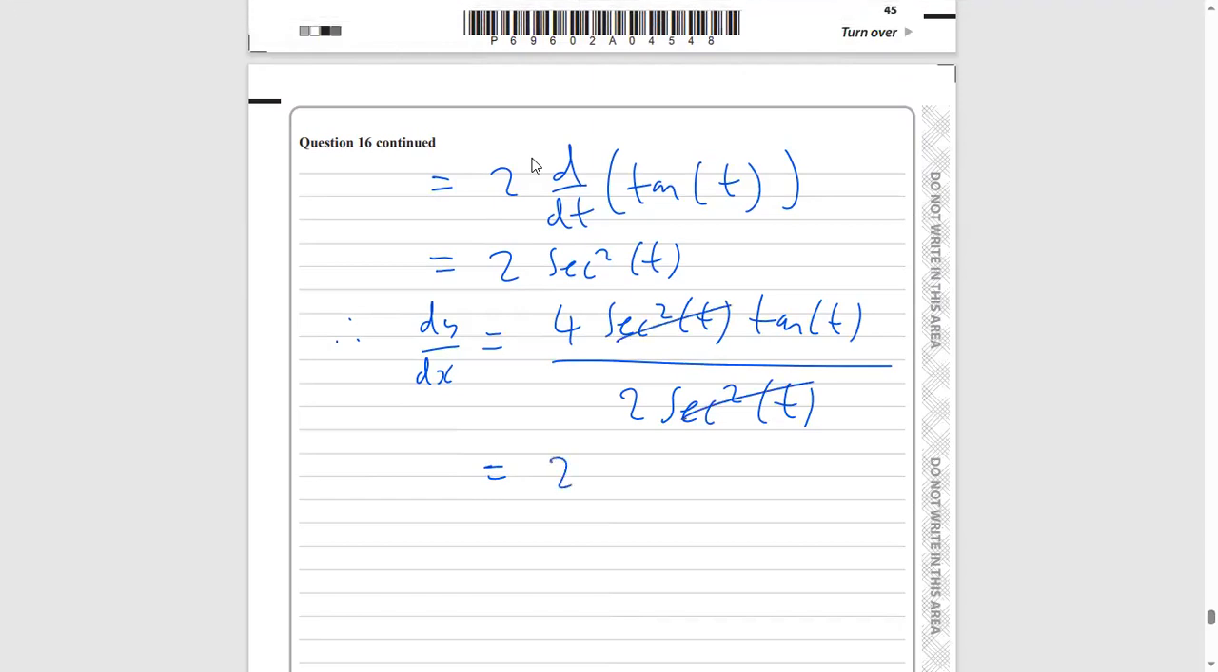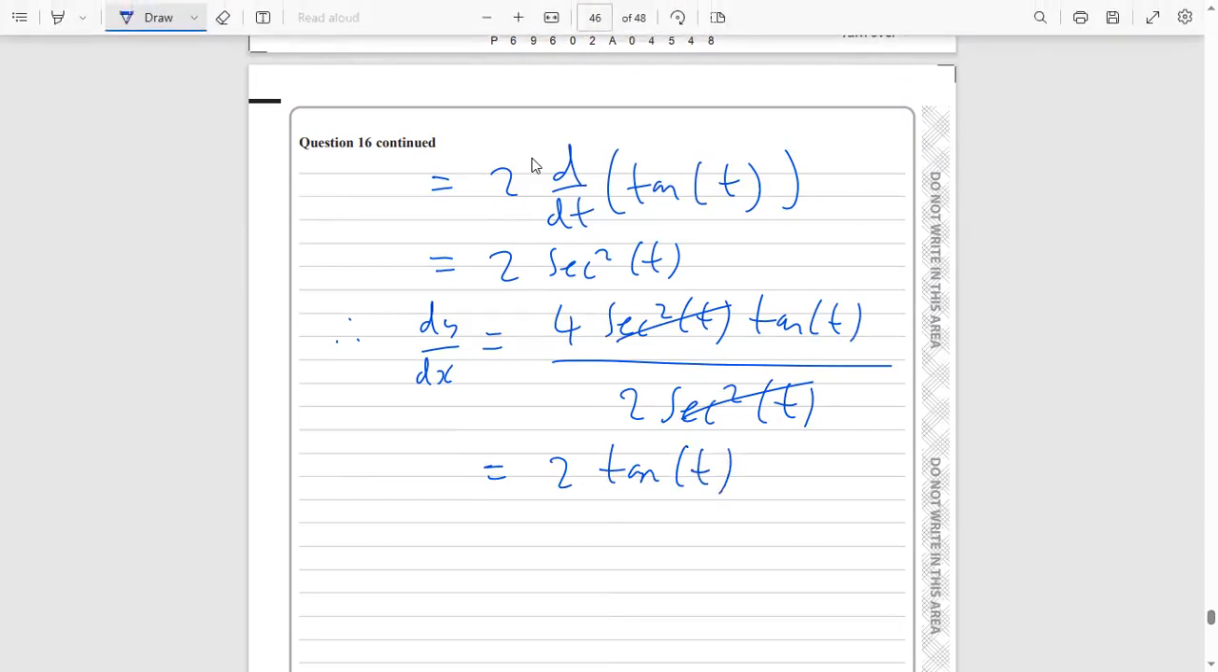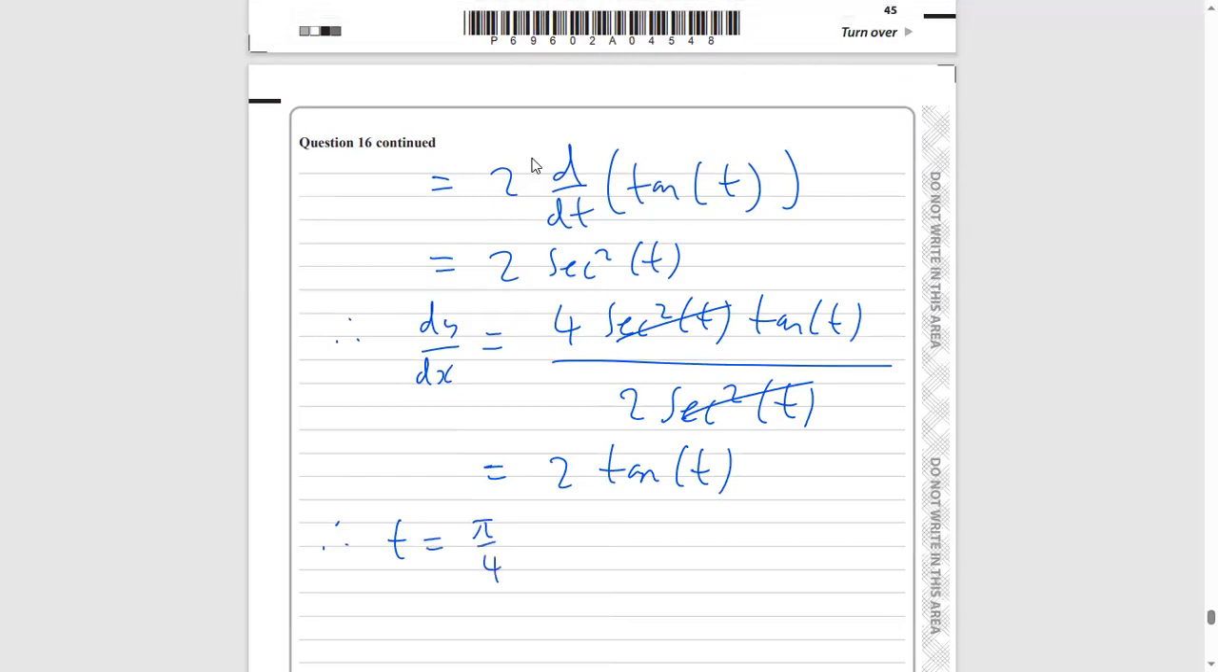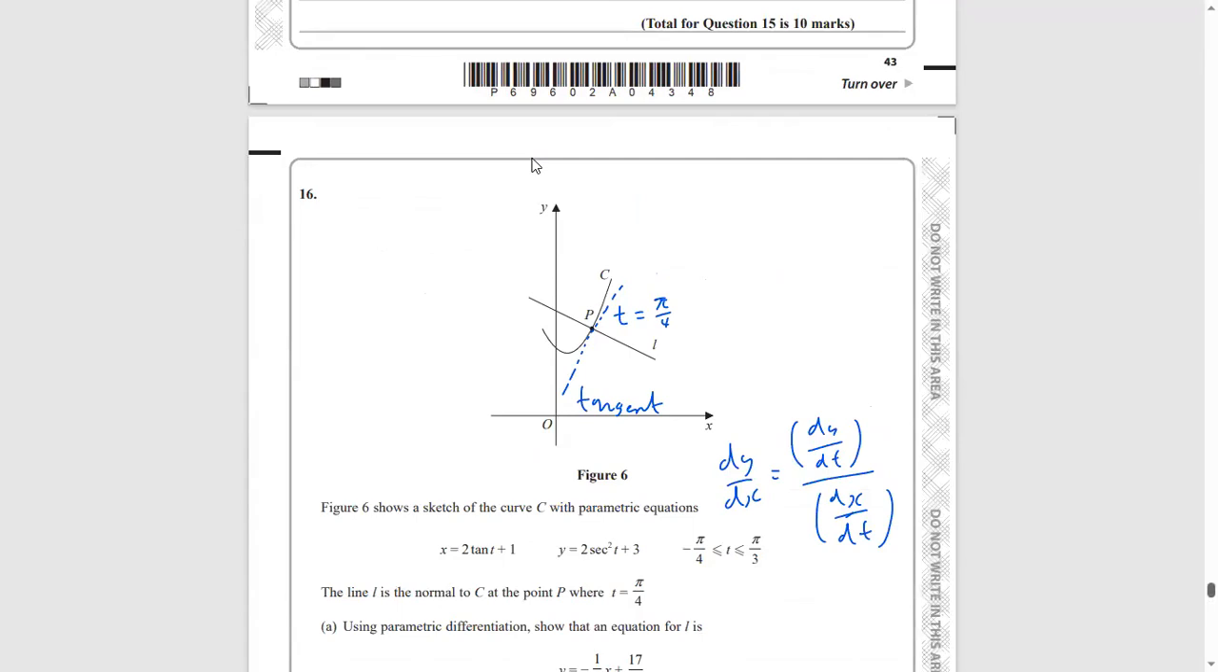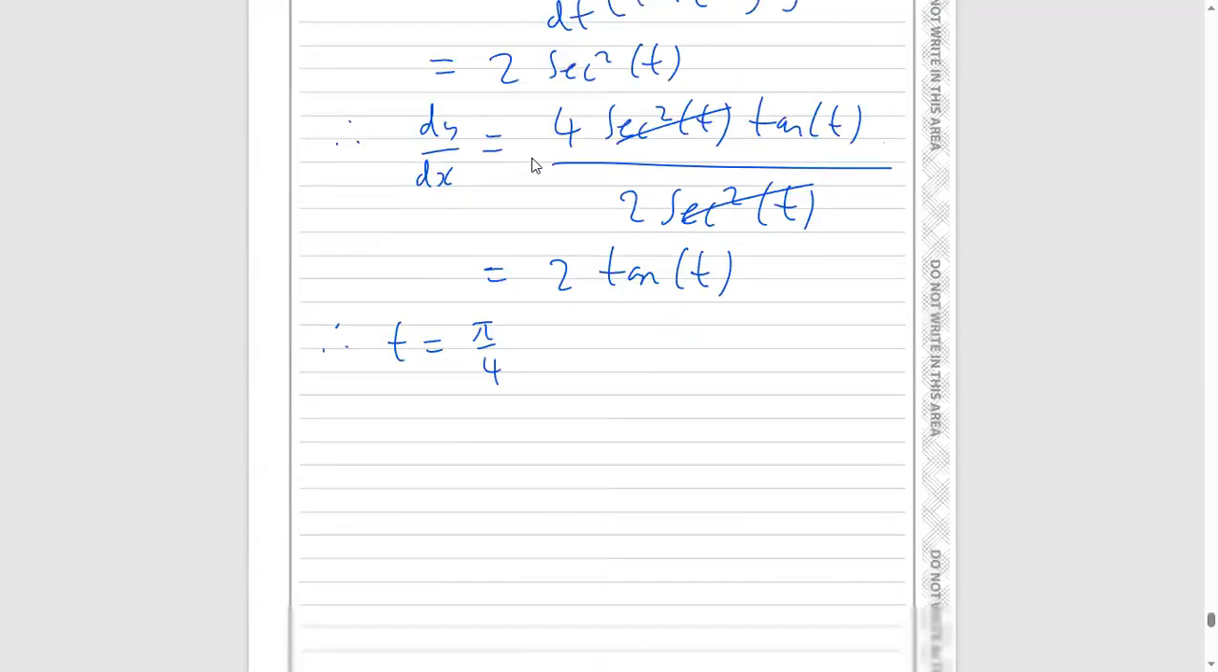4 over 2 is just 2. You get 2 lots of tan t there. So when t is pi over 4, remember at this coordinate here we've got a t value of pi over 4, so you just want to plug that in. So we will get dy by dx,